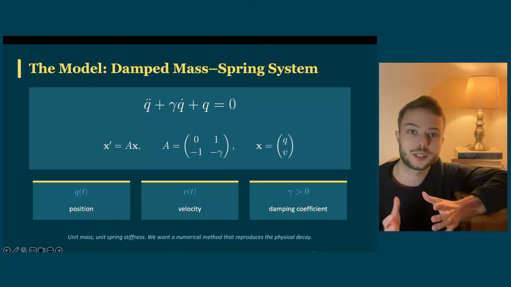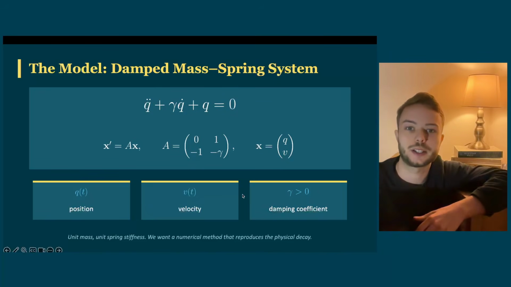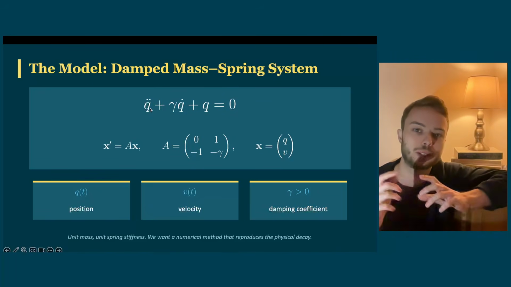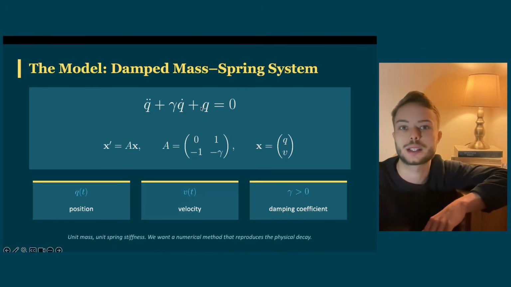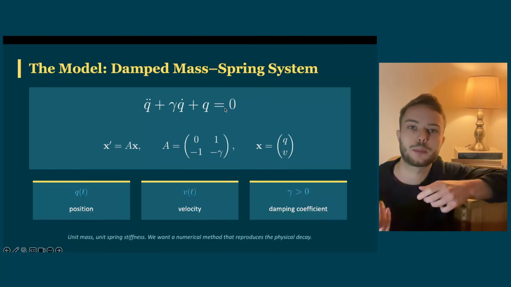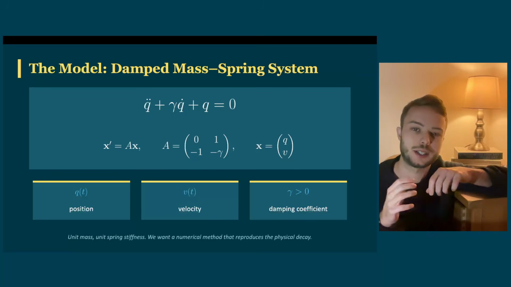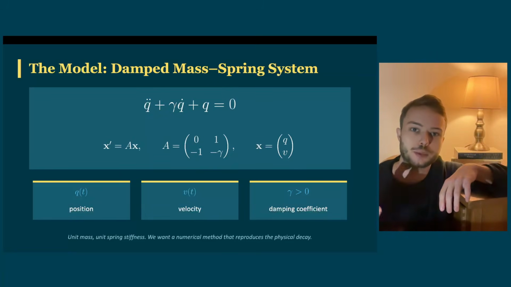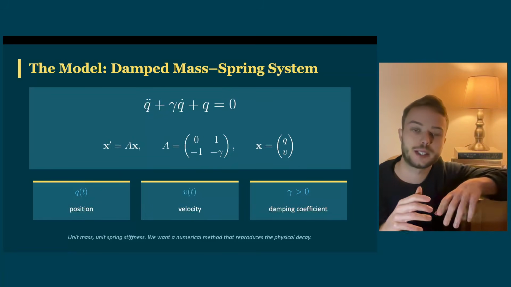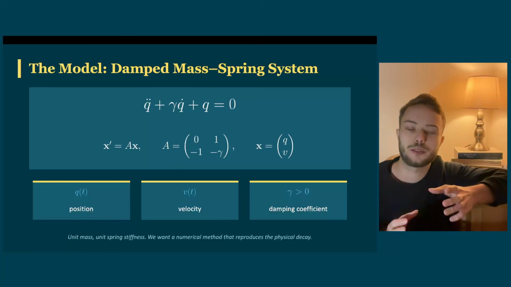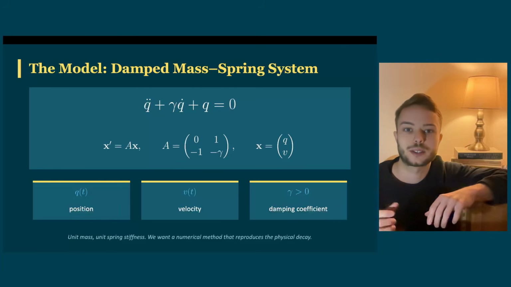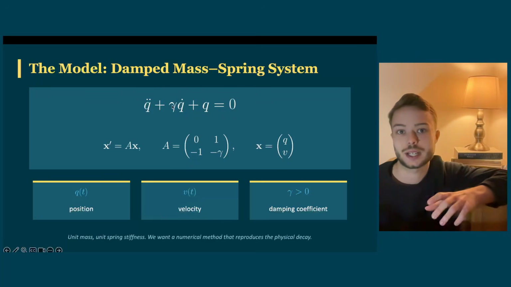The equations of the system we study today are written here. So we have q double prime, where the double prime stands for the second time derivative, plus gamma q prime plus q is equal to 0. So q is the position of a point mass, which is connected through a spring to a fixed point, like the origin. Q prime is its velocity, and q double prime is its acceleration. So we are assuming to have unit mass and also unit spring constant, whereas gamma is a positive scalar determining